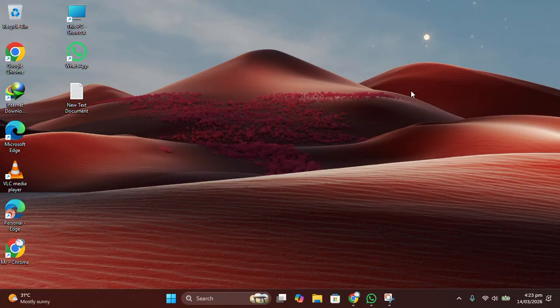Hey guys, today I'm going to tell you how to fix Windows 11 taskbar is not working or has been frozen. If you're using Windows 11 and your taskbar is not responding or it has been frozen, let's see some possible fixes for this. So the very first thing, you just have to press Ctrl plus Alt plus Delete